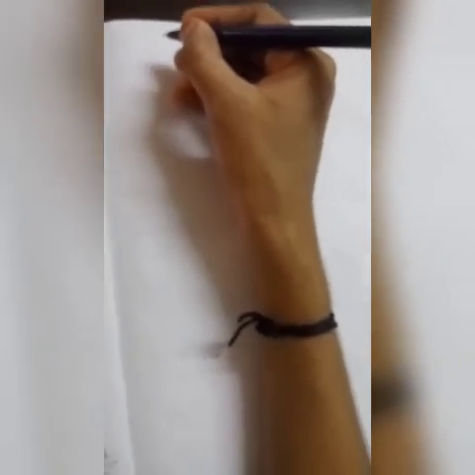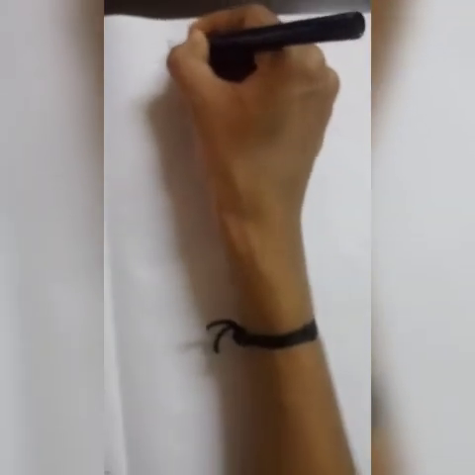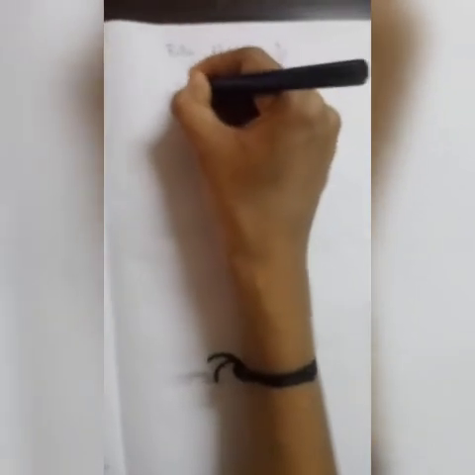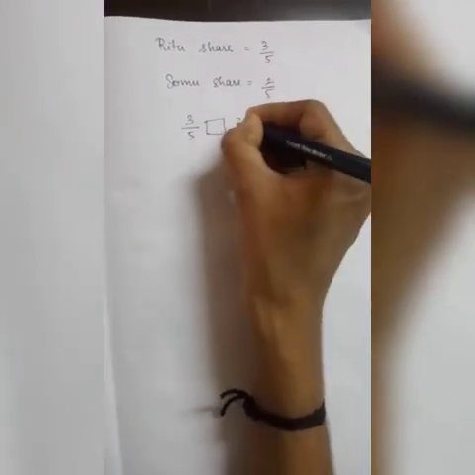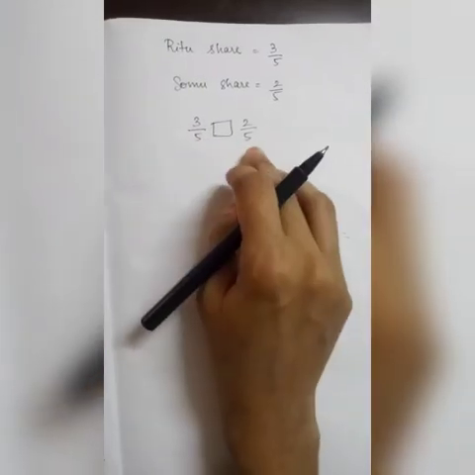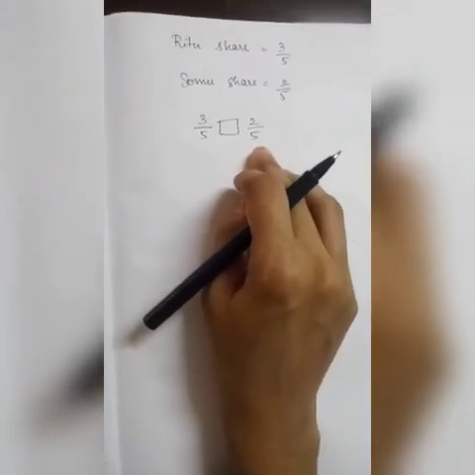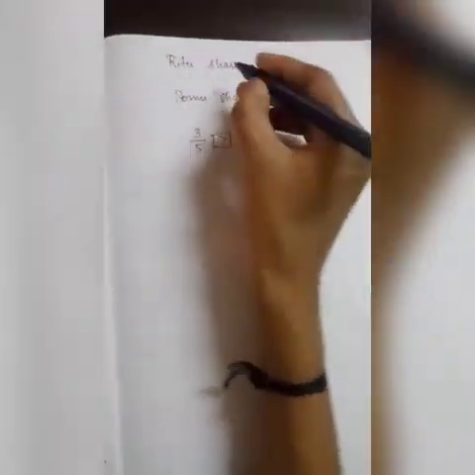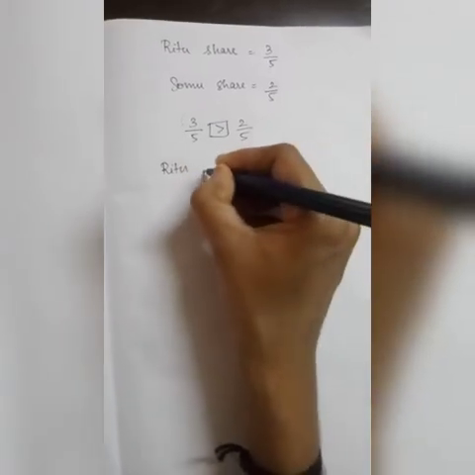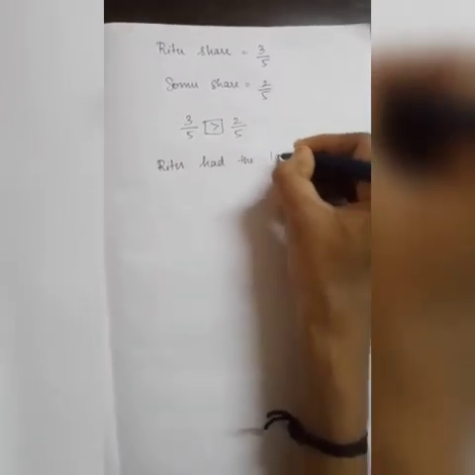Who had the larger share? So we are going to find the Ritu share is what? 3 by 5. Somu share is 2 by 5 part. Okay. So now we are going to just compare these two. How you will compare it? We are going to check whether denominators are same. Yes, both the denominators are same. So you can compare the numerators. So which is greater? 3 by 5. So 3 by 5 is whose part? Ritu's part. So Ritu had the larger share.